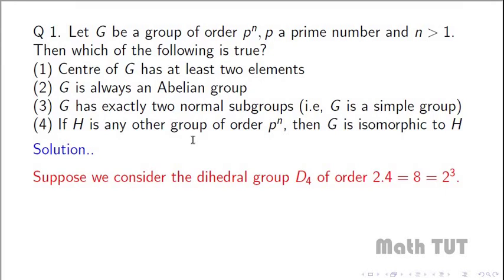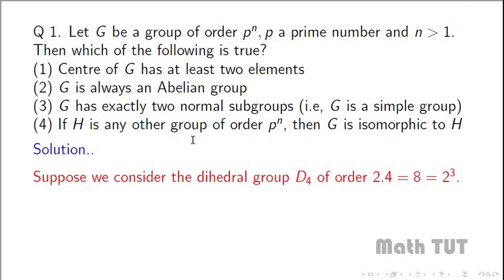So I am going to give some counter examples and also some small results which will help you to see how we can solve this problem. The dihedral groups are basically groups of symmetries of a regular polygon, and I think you might be familiar with it. If you're not really familiar with that, I would suggest you have a small look at those groups on Wikipedia or something, so that you get quite a good idea. But almost everywhere we just start our group theory with the help of these types of groups.